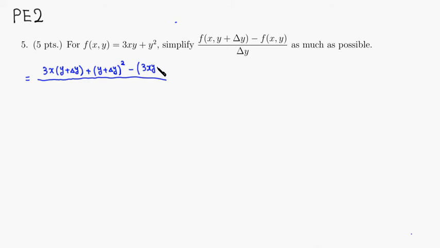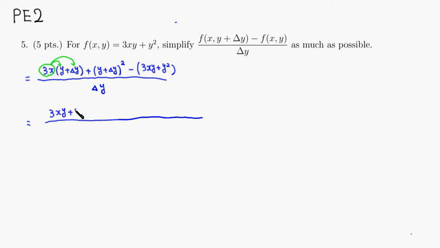3xy plus y squared. Then you have a delta y on the bottom. Then we can just multiply out and see if we can cancel a bunch of terms. By distributing 3x to y and delta y, we're going to get 3xy